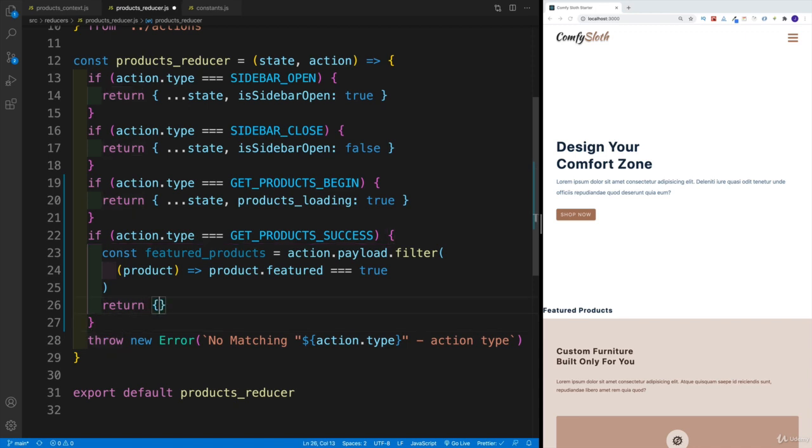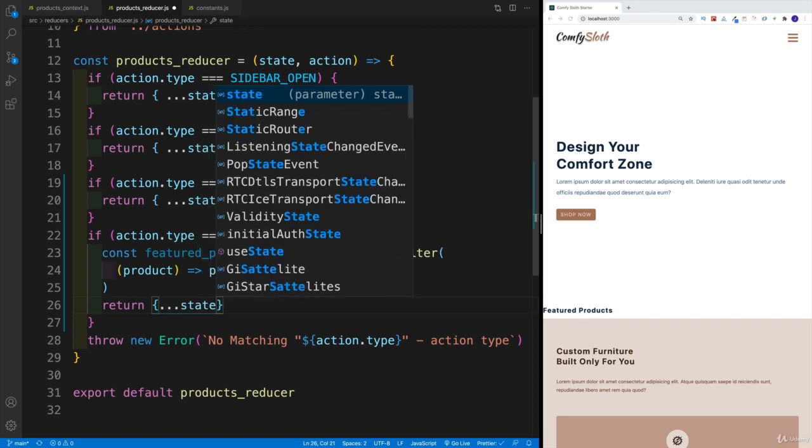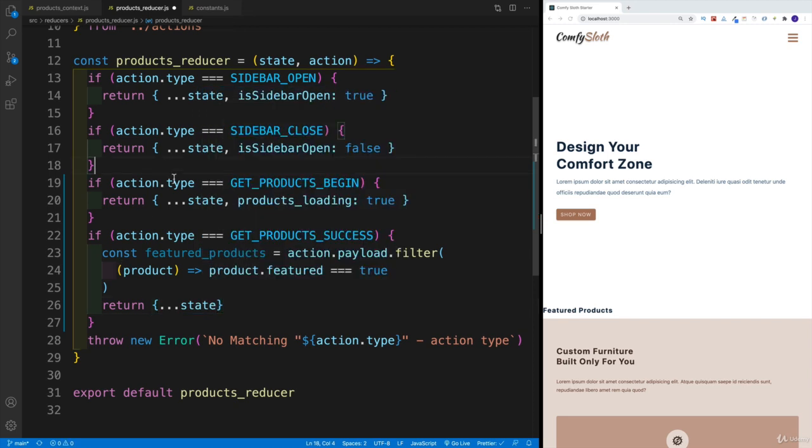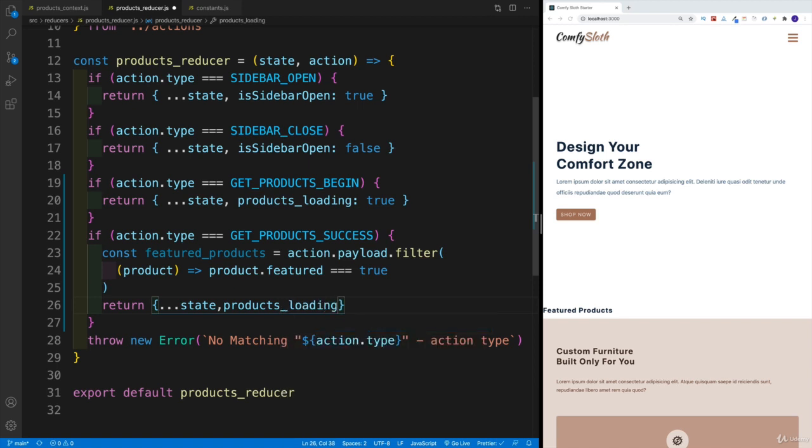And as far as the return, well, I would want to return all the state, correct? And then I would want to set my loading to false. Remember, initially we set it to true. So let's go over here. We'll say products underscore loading is equal to false, of course. And then two things. First, I would want to set my products, so the products array, to my full payload.